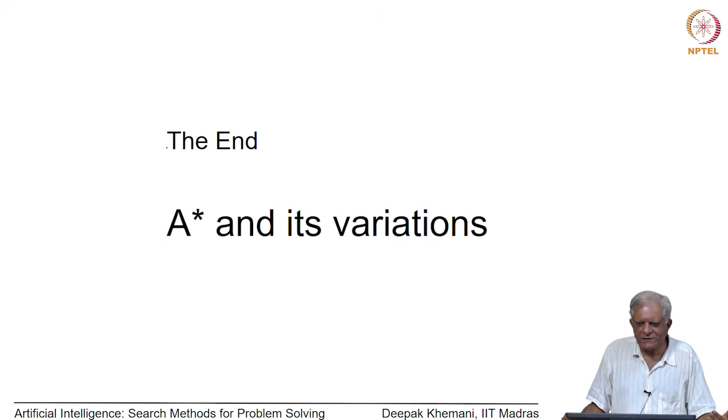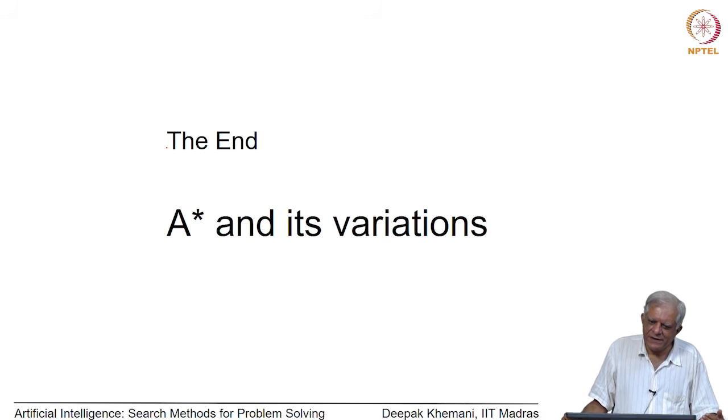Under those conditions, we showed that A star is admissible, that it will always find a path to the goal if there exists one, and it will always find an optimal path to the goal. Then we argued that if the heuristic function is more informed, better, which means higher, even though less than the h star value, it will search less and less of space. And then we looked at the host of algorithms to reduce space further. We started with WA star, we looked at IDA star,